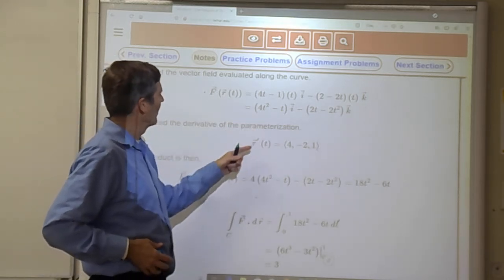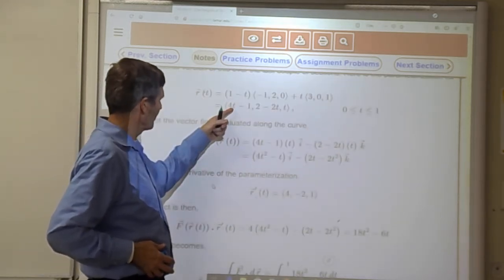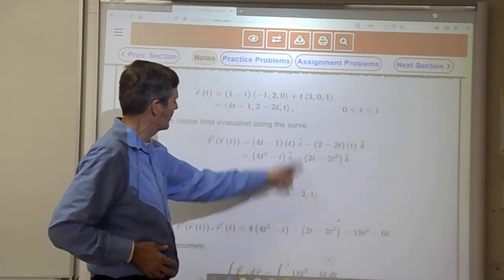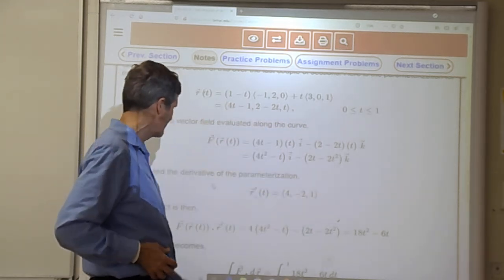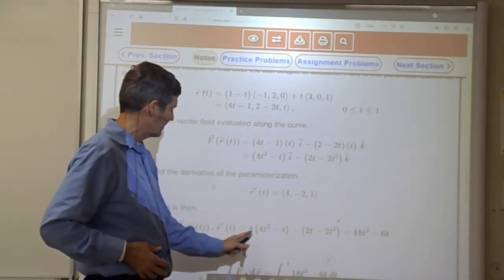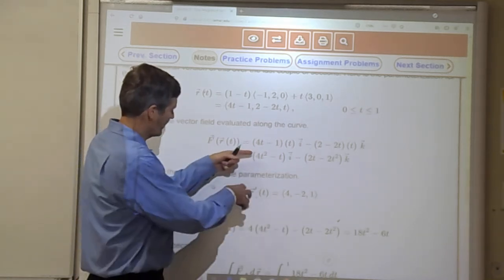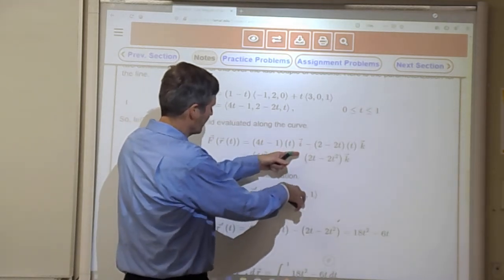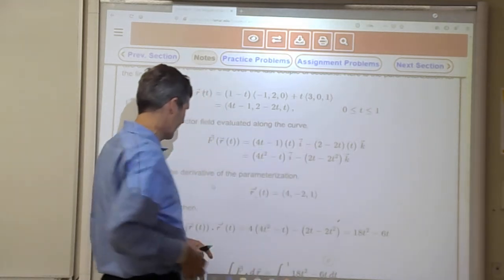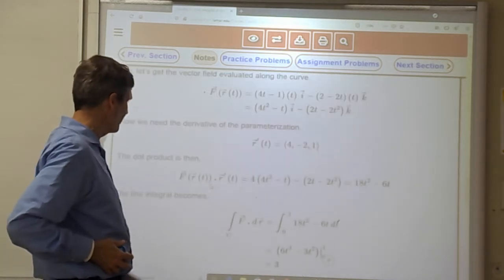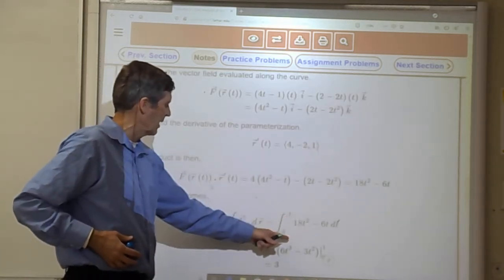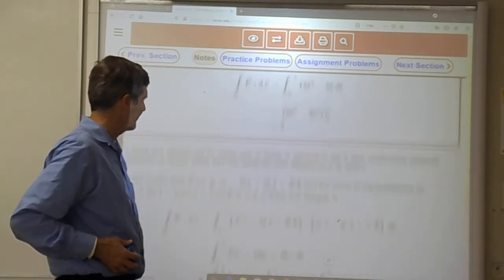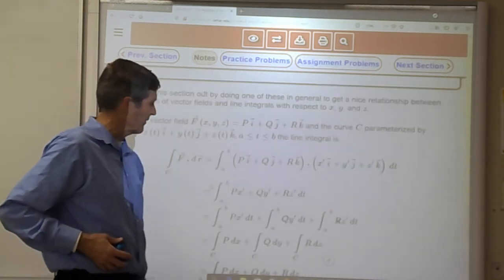Once we have r, we can compute r prime just by taking the derivative component by component: 4, minus 2, 1. Then F dot r prime is this times this, plus 0 times this, plus this times this. And then you just integrate F dot r prime, t going from 0 to 1 as beginning and ending points. You get 3 for this integral. So there's how to evaluate